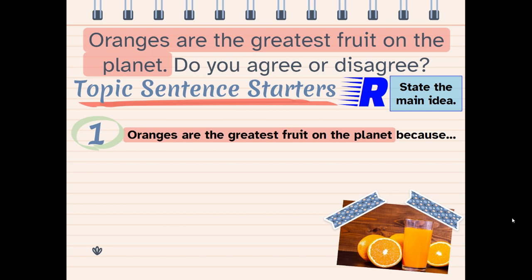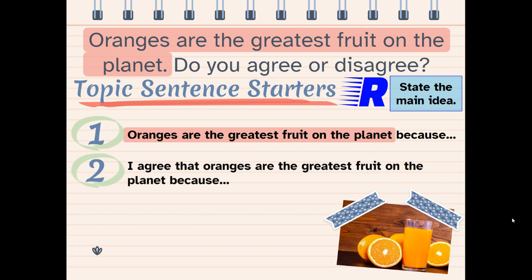You can use every single word there to start your response. Remember, the reader doesn't know what you're talking about. Use as many words as possible. You can also say, I agree that oranges are the greatest fruit on the planet because, and then go on from there. Or if you want to say no, instead of just saying, I disagree, I can be really fancy